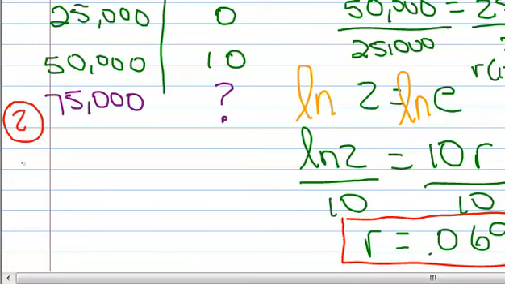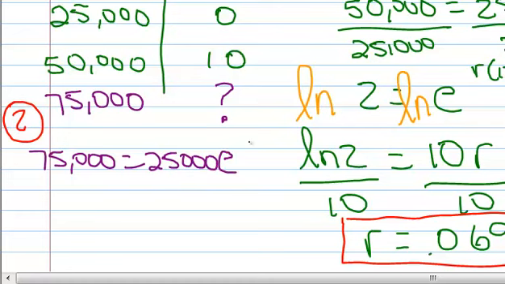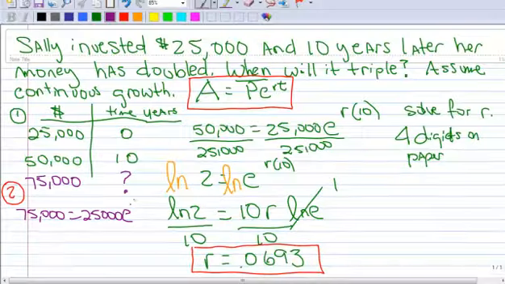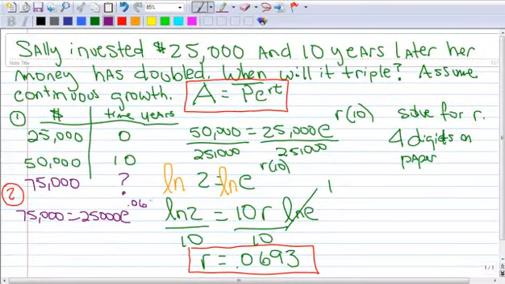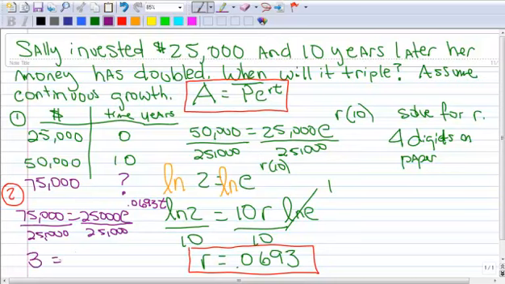So let's set up our equation. $75,000 equals $25,000 times E, and now I know that R, don't I? 0.0693 T. I'm solving for T. I'm going to divide both sides by 25,000. And when I do that, I get 3 equals E to the